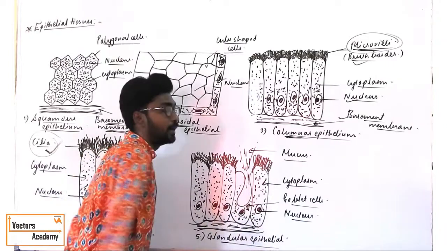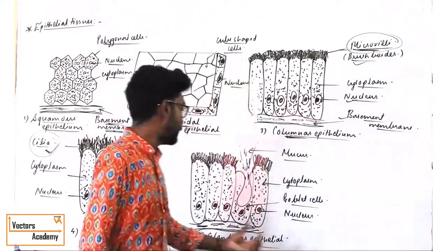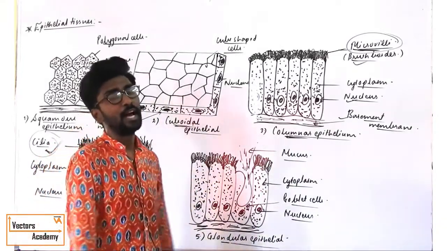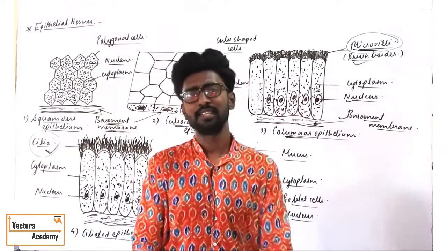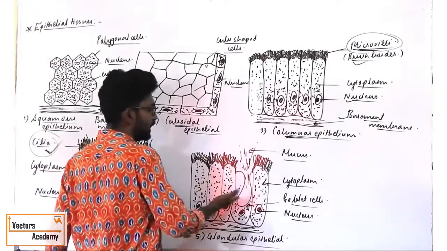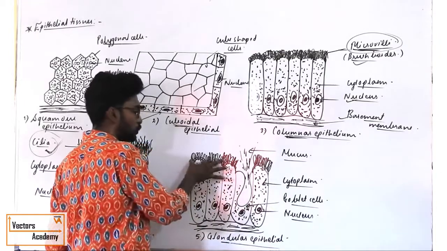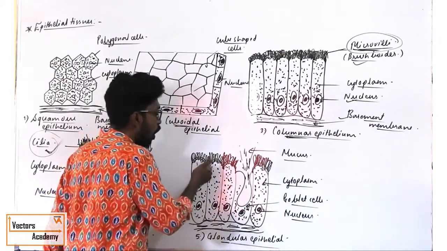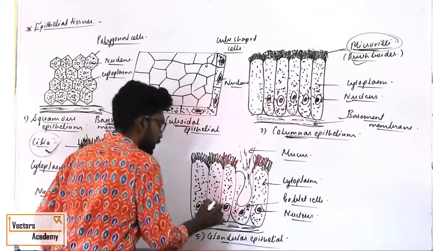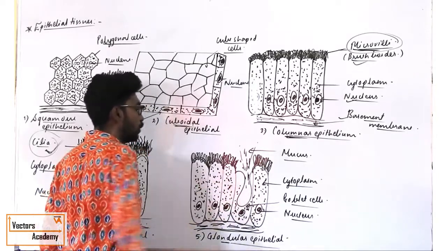And the last type is glandular epithelial tissue. Again, the name glandular means it is present in the glands, which might be unicellular or multicellular. The cells are long, pillar-like, tall, placed one after the other. The anterior end is broader, the posterior end is narrower. All the cells lie on a non-cellular membrane called the basement membrane. Here also the nucleus is present at the base, and cytoplasm is scattered around it.